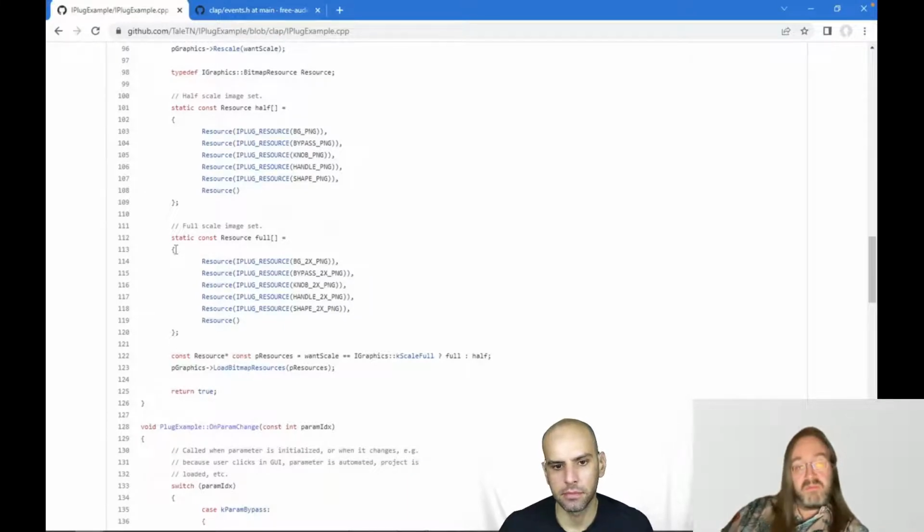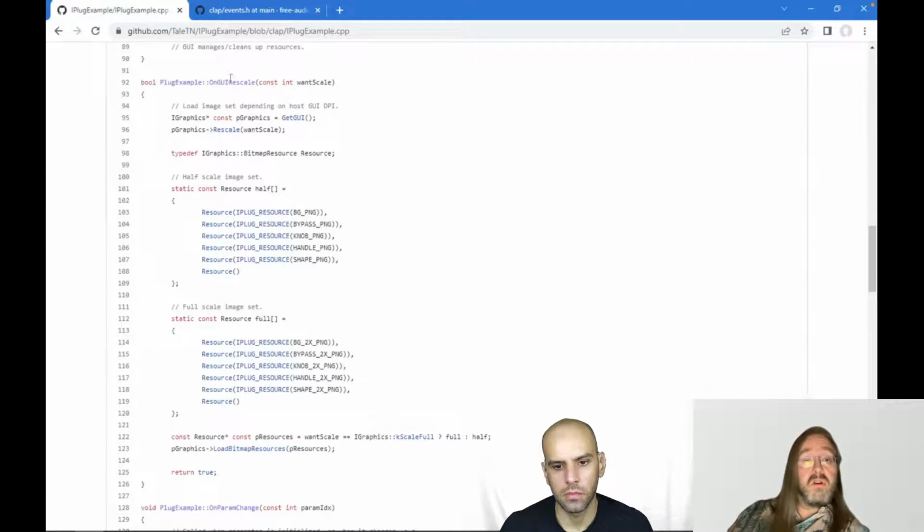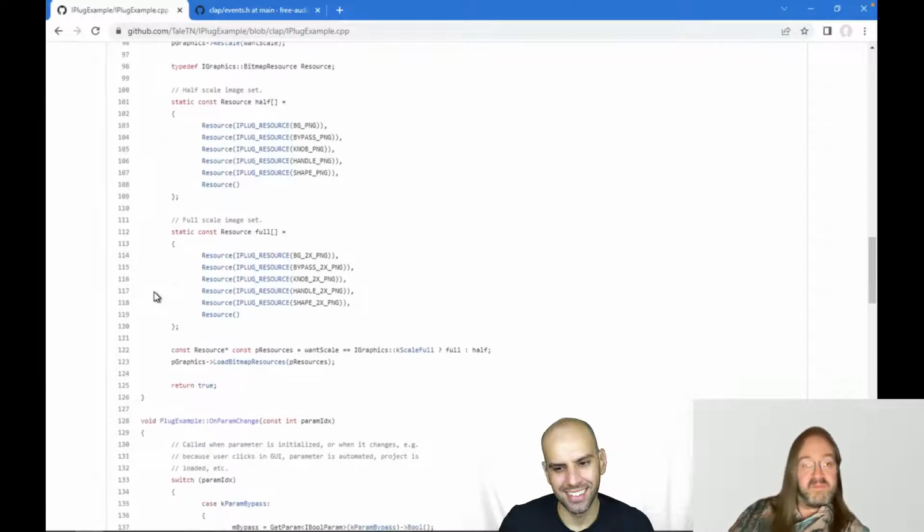But that's not something that iPlug dictates. That's just something I do because you could do that. Because this is a callback basically, so your plugin could do all sorts of things here, display a totally different GUI if you want. I don't think that it would be terribly useful, but I get it. Well, during development, I sometimes do that. I purposely make everything red in one of the versions just so I can see which version is currently loaded.